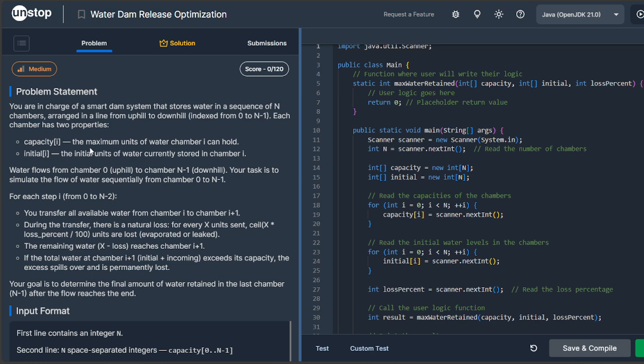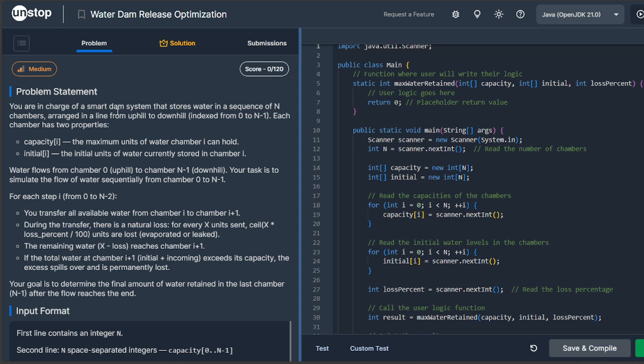This is a daily problem, with a kind of big description, but if we just look at each point, we can clearly understand that this problem is of medium difficulty. So let's read the problem statement and try to understand the constraints they have given and what we need to figure out. So in this problem statement,